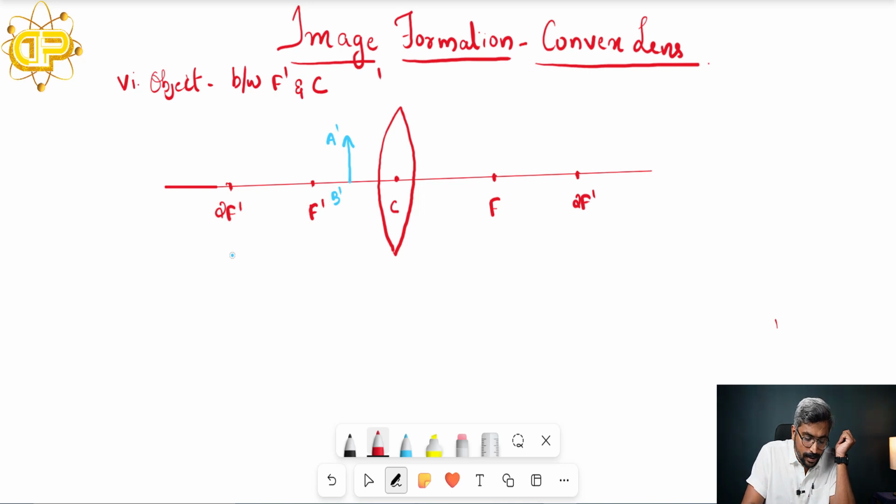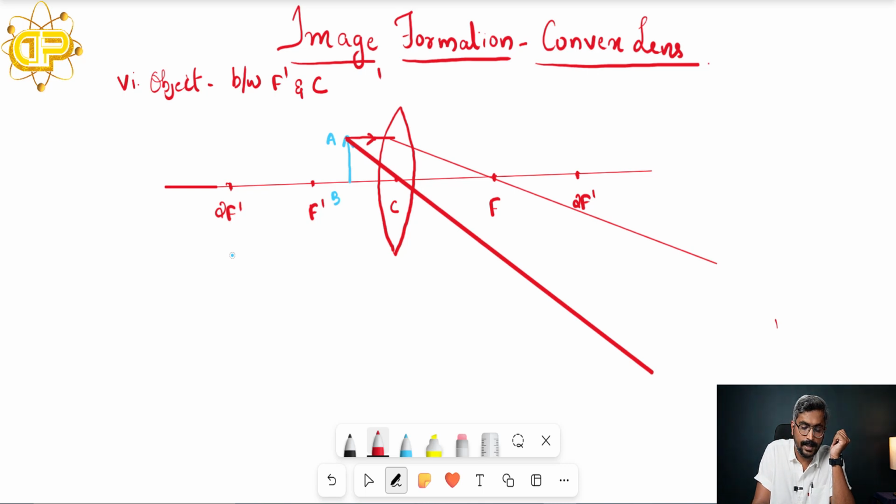So I'm just taking a ray. Here it is not F A dash B dash, it is AB. Now a ray is coming from point A, which is parallel to the principal axis. So definitely after a refraction, it will just pass through the principal focus. Okay. Now the next point is that if a ray is passing through the optical center, you can see that